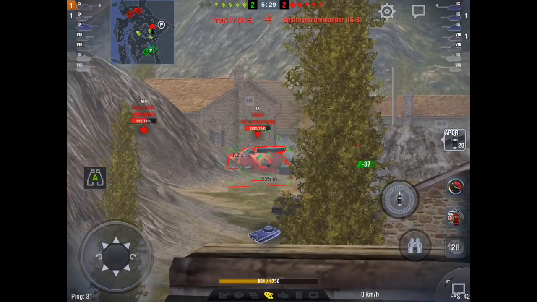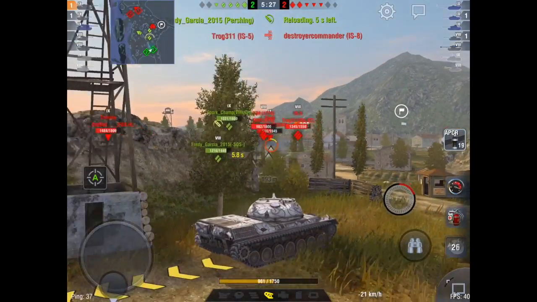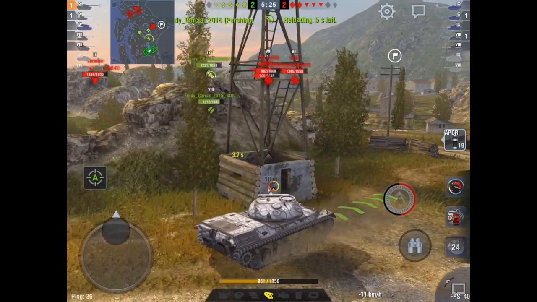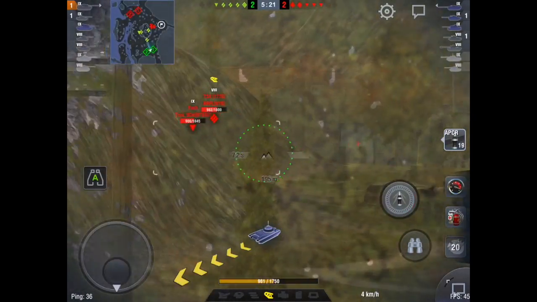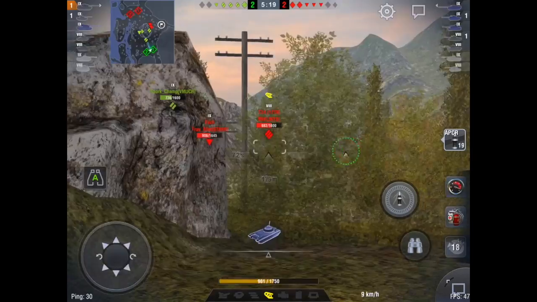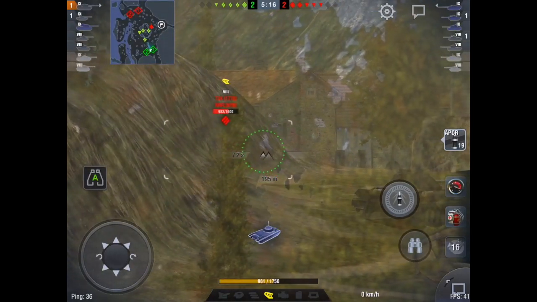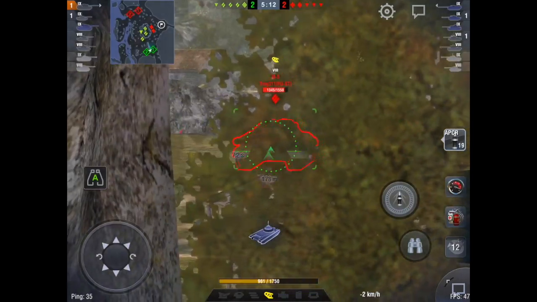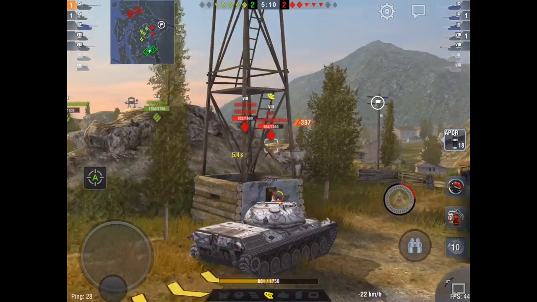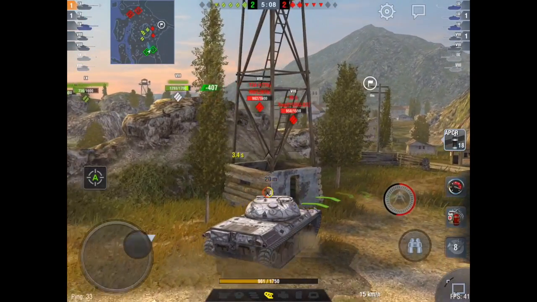I'm going to hit this Foch right in the cupola, and that's the beauty of the Leopard. You know, you're hitting these long distance shots into their weak points. But you got to know that that weak point exists in the first place to be able to utilize it. So now this IS-8, not the IS-8, this IS-5 is going to try and rush forward,